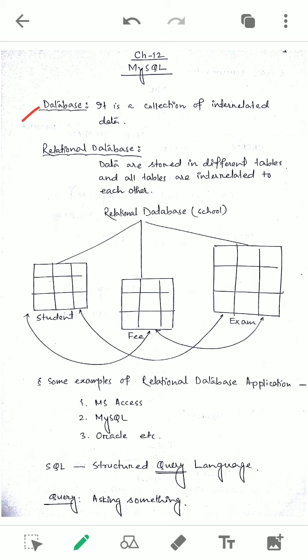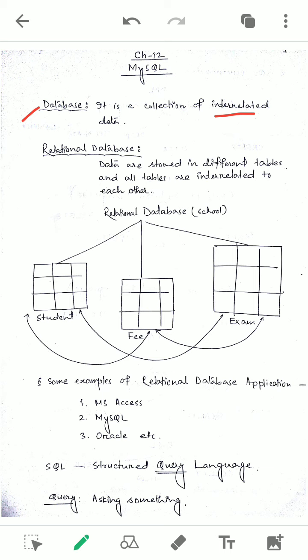Let us discuss what is a database. Here I have given the database. The simple definition, if you see, is that a database is a collection of interrelated data. Why is it interrelated? If you have developed a software or website about your school, it's a Markaz school, or maybe any other school or organization, all the data must be related within your organization. The data should not be related to others. Like that, you have created a website about our school system, Markaz school. So that website must contain all the data related to only Markaz. It should not contain other data like Don Bosco's or other schools. So that's why it is said to be interrelated data.